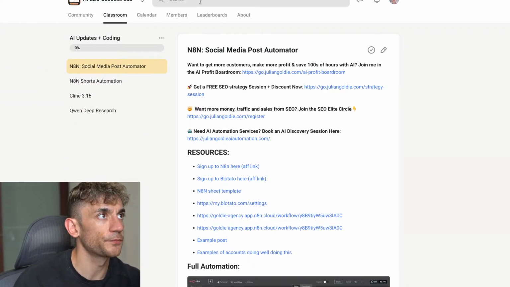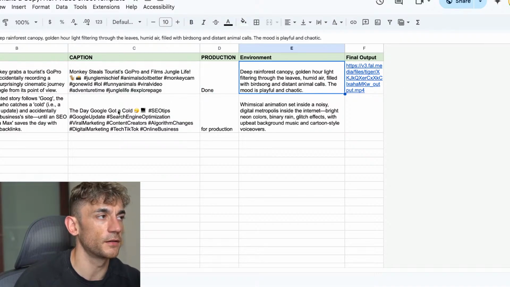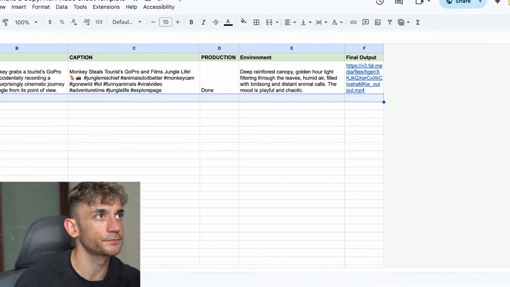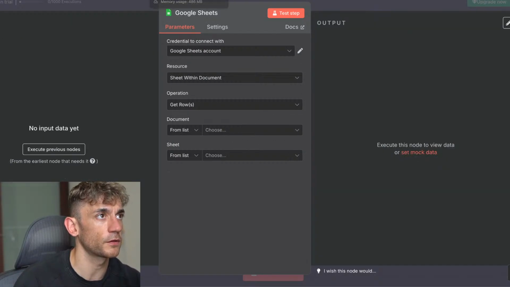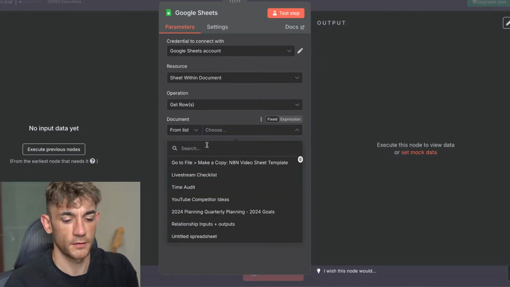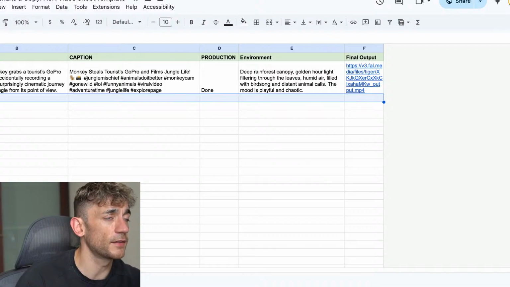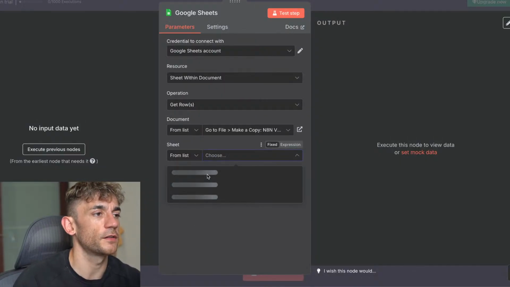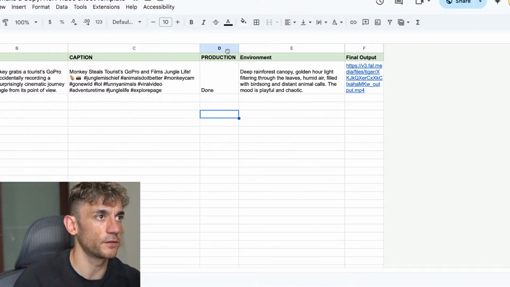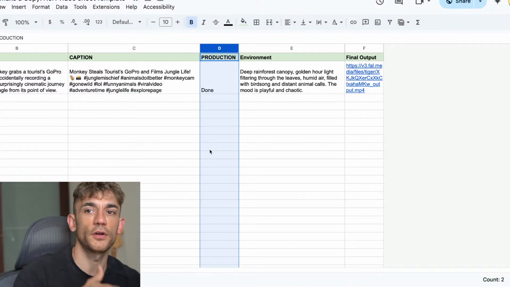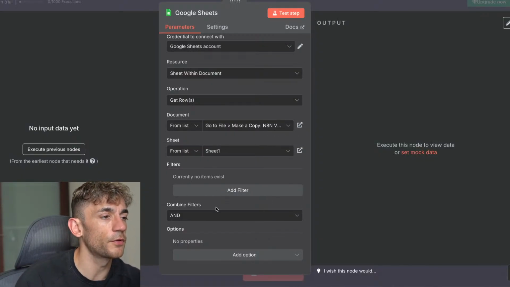All right, so you can see what it's basically doing is taking the idea, the caption, the production, the environment, and then plugging that into our sheet. So if we want to take that, we're going to take the spreadsheet from Google Docs. So let me type in here, N8N. And we'll take the spreadsheet named N8N from my Google Drive. And then we're just going to select the sheet, which is this one. And you can actually filter this by production. So if you had options like pre-production, not ready for production, etc., then you can select that inside column D. So for example here,